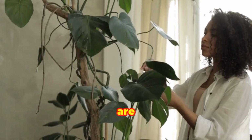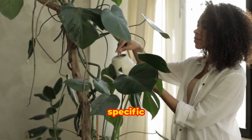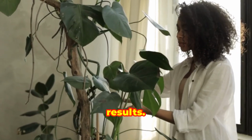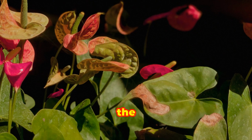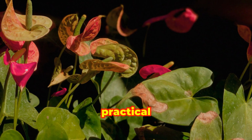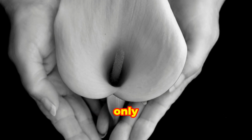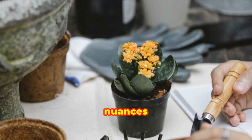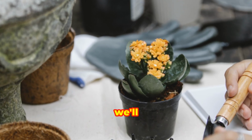However, anthuriums are not just about good looks. They have specific care requirements that, when met, yield stunning results. This guide is designed to demystify the care process, providing you with practical tips to ensure your plant not only survives, but thrives. From the right soil mixture to the nuances of watering and feeding, we'll cover everything you need